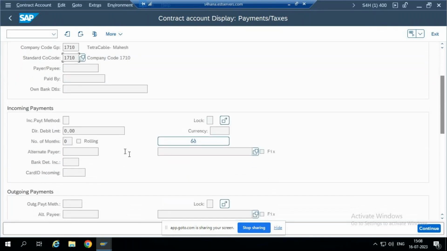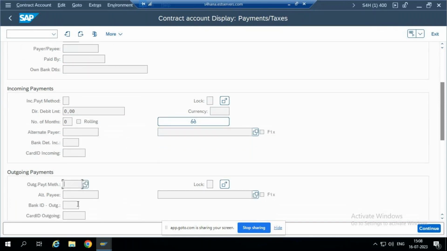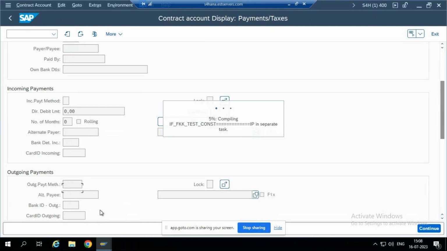Now I had given one example to you: as a customer, you say that you deduct the payment directly from my account for the monthly invoice. Okay, I can set up the payment method here: incoming payment method, outgoing payment method. So actually payment is going from my account, right? So I will set up some outgoing payment method here. For that,